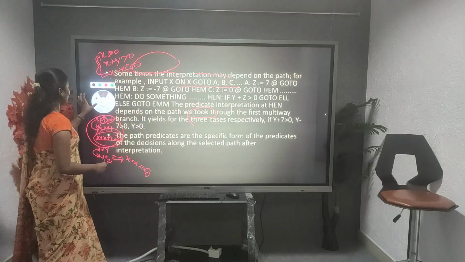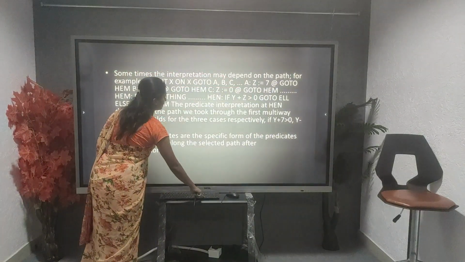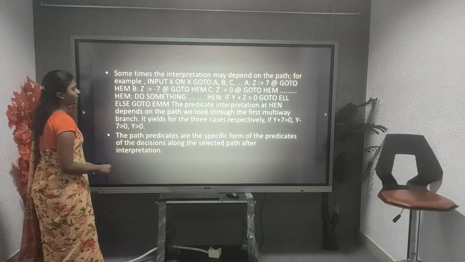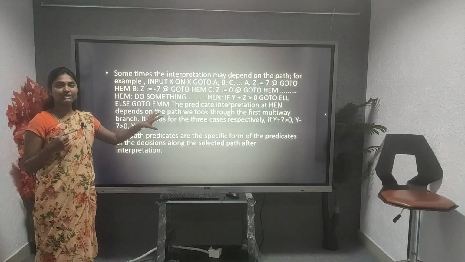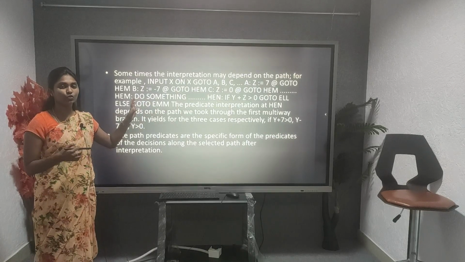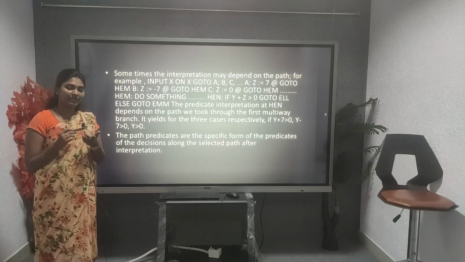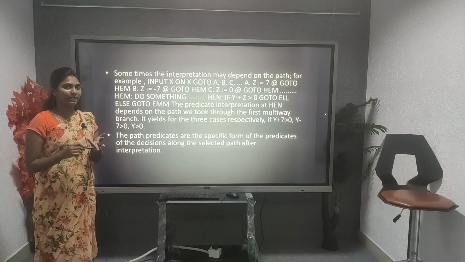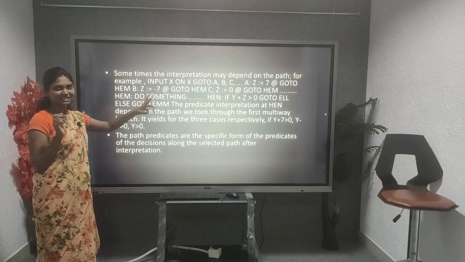So the next one I am going to talk about is what the sum terms are. This is the equation developed for the logical functions to derive the predicates. What is a predicate, what is a multiple path predicate, and what are the achievements of the predicates? In these three predicates we will derive in this one statement.